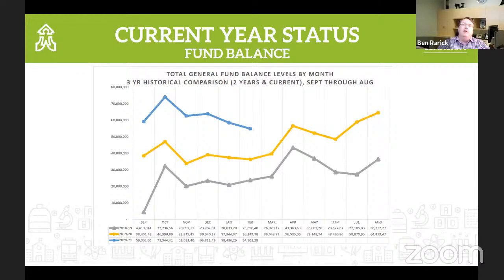You'll see the blue line there. Compare the blue line in December, January, and February this year as compared to the two prior years, and you see a difference. That blue line's starting to pull down, which is expected. That simply reflects the fact that Kent, like all school districts, received much lower enrollment than they budgeted for. And so we have a high and healthy fund balance, but you're going to start to see that blue line start to close the gap with the yellow line. And that's not a problem. It's not a problem at all. It's just a fact.